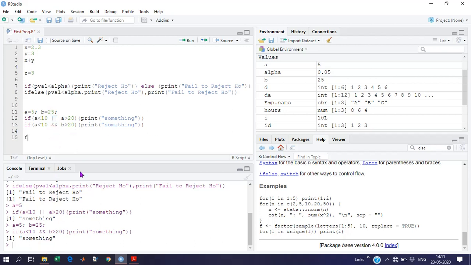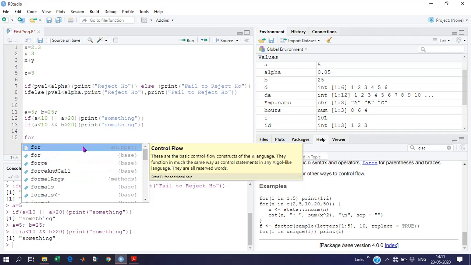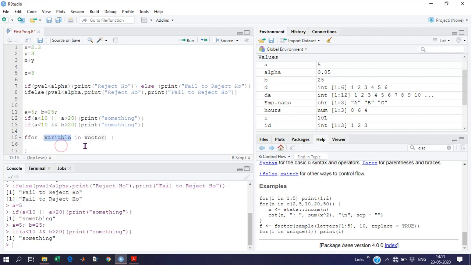Let's have an example of a for loop. Look at this. Variable in a vector and perform that activity.